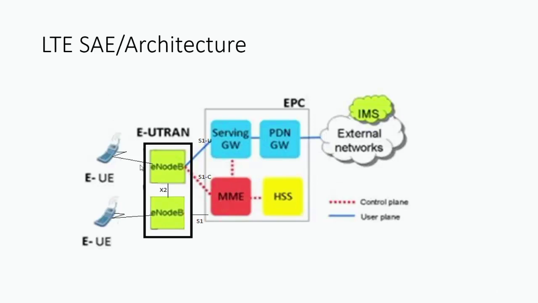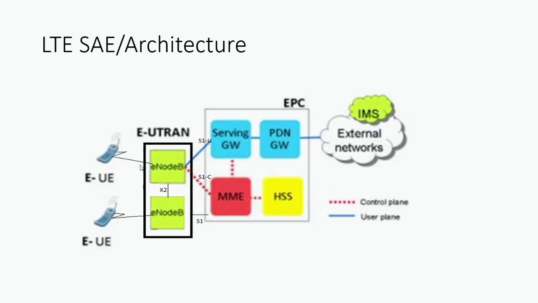Let's discuss the architecture of LTE. As we have discussed in our previous lecture, the aim of 4G is to achieve high data rate and high mobility. We have discussed that 4G should provide 1 gigabit per second for stationary users and 100 megabits per second for high mobility users. Now I hope after the previous lecture you all know what high mobility is in LTE and its importance. Now if we see the basic architecture, it is always divided into two parts. One is the radio part and the other is the core network.